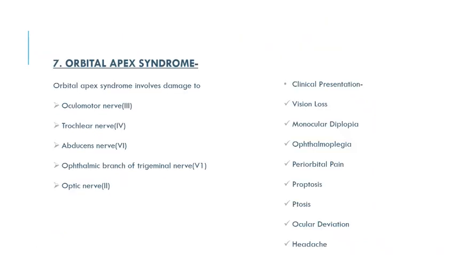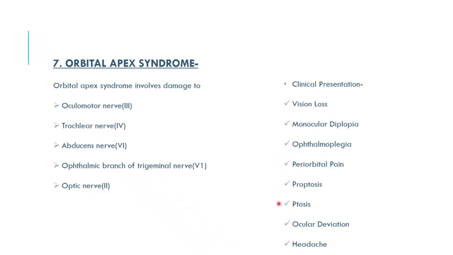The basic difference between superior orbital fissure syndrome and orbital apex syndrome is the involvement of the optic nerve, that is the second cranial nerve, because the orbital apex is present medial to the superior orbital fissure. So in this condition, vision loss is also present. Orbital apex syndrome involves damage to the third, fourth, and sixth cranial nerves, the ophthalmic branch of the trigeminal nerve, and also the optic nerve. And because of the optic nerve, there is also a clinical presentation of vision loss. The rest are the same as superior orbital fissure syndrome, that is monocular diplopia, ophthalmoplegia, periorbital pain, proptosis, ptosis,